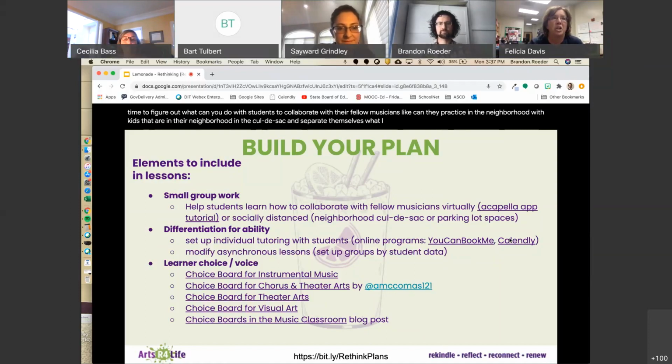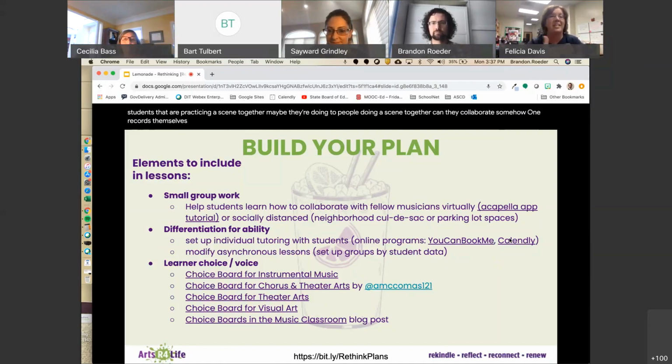Other elements that I would include in that, if there are students that are practicing a scene together, maybe two people doing a scene together, can they collaborate somehow? One records themselves, the other records the response, and they somehow edit them together into a video that they could use as a project.